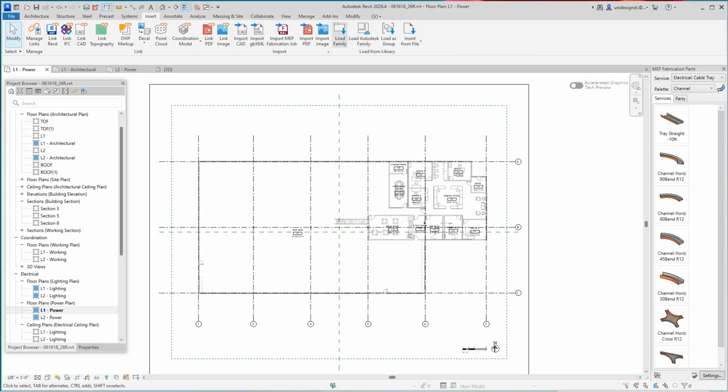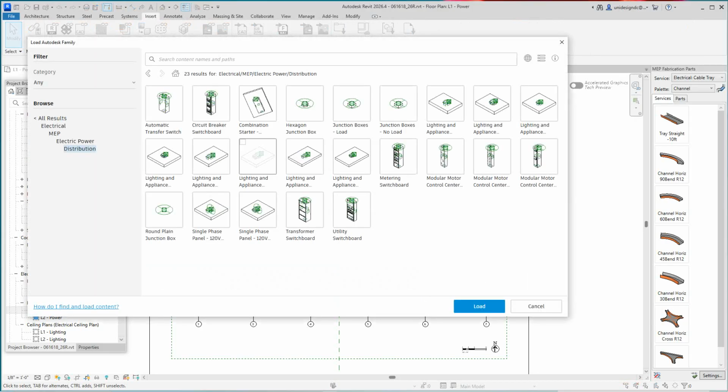Insert here. I'm going to load our starter. Discrimination, so that would be under distribution, right? There's our motor control center, switch circuit breakers. Probably went right past it, but I'm not going to spend too much time doing this. We know it's there, and then I want to go back into